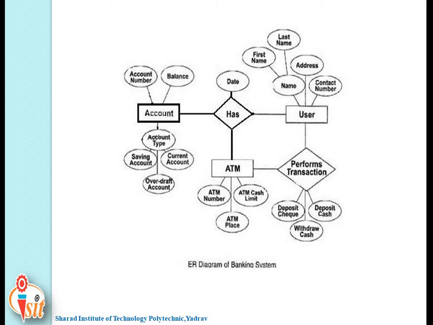The entity relationship diagram of the banking management system shows the visual instrument of database tables and the relations between account, user and ATM. It is used to structure data and to define the relationship between structured data groups of banking management system functionalities. The main entities of the banking management system are account, user and ATM. And there are various attributes, as I told you earlier.